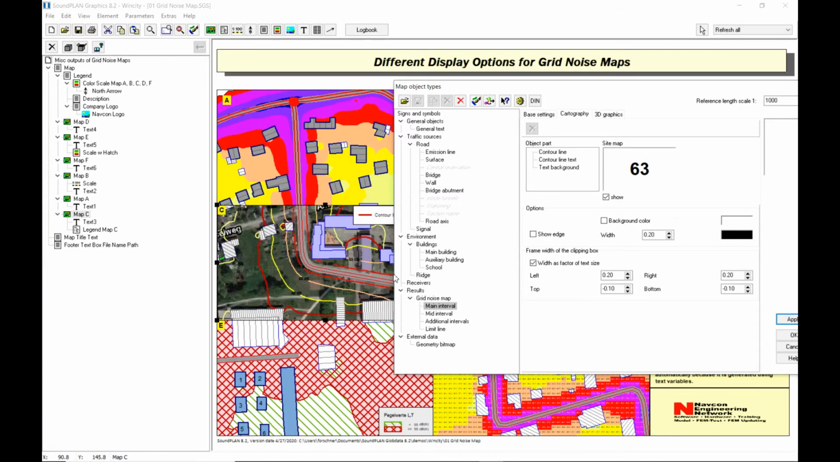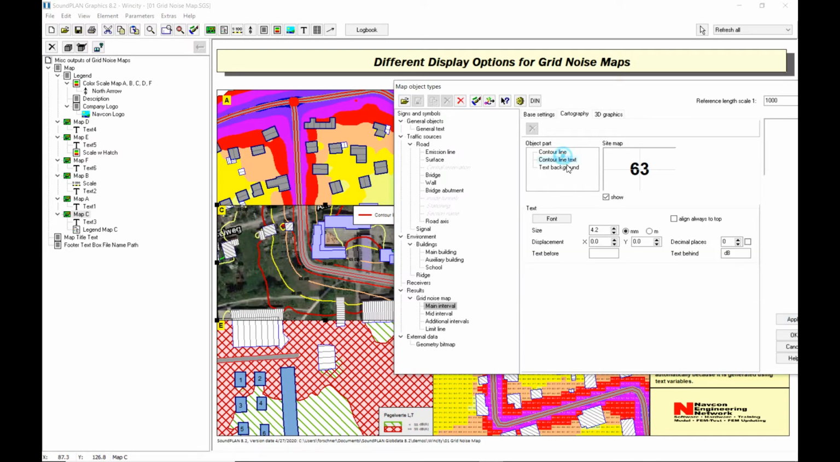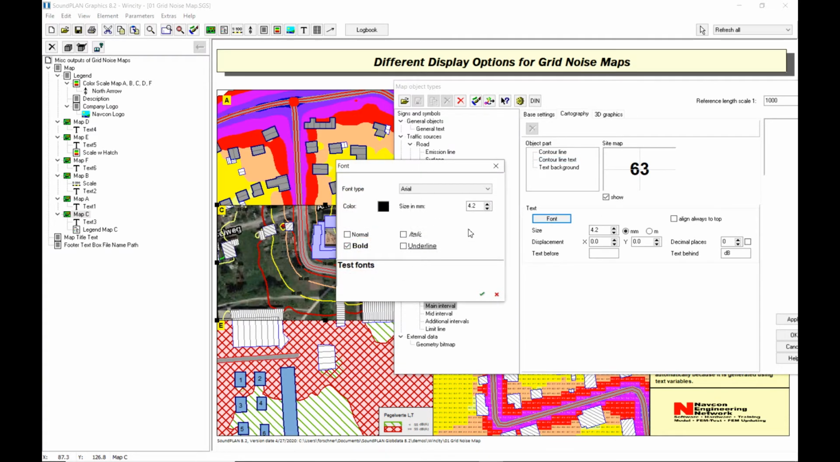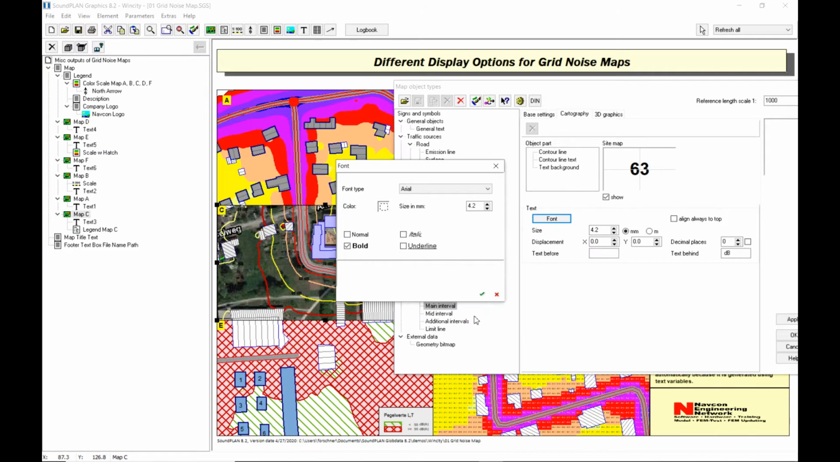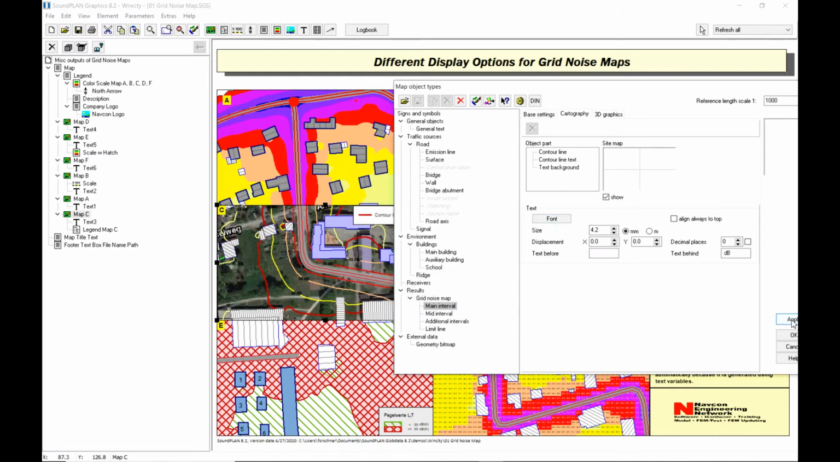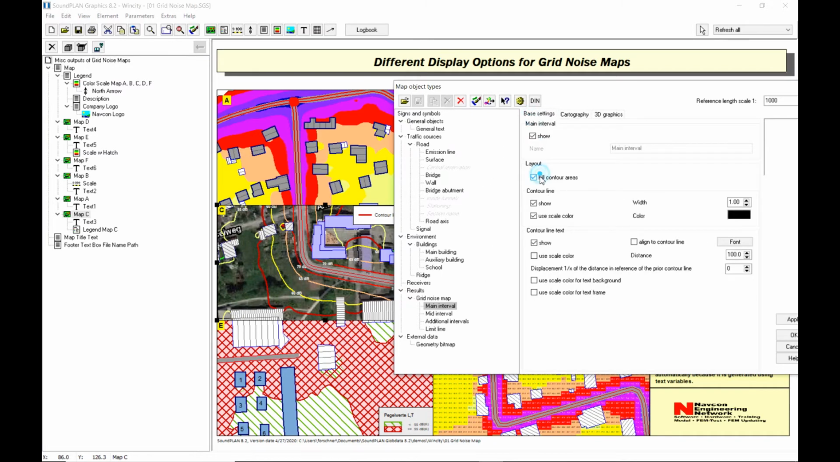Apply. So now it's basically just a black line. And if we want to change that, we can change the font and make it, for example, white. All right. Now, if we wanted to change the filling of the colors here, we could do that again in the base settings. We can fill the colors, and we could